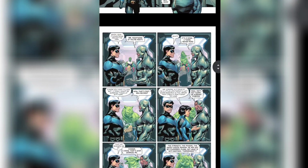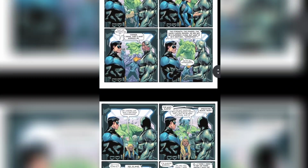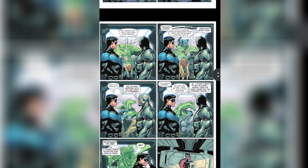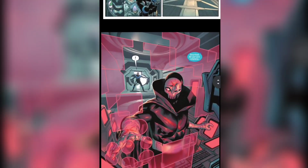But then you get this other moment between Nightwing and Cyborg, which was actually kind of funny, about that one student that I mentioned earlier, and you get to see Beast Boy trying to deal with all the students while they're having a serious conversation. So that was kind of funny. Then it jumps into the whole